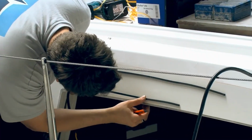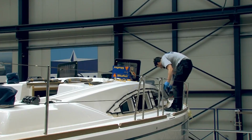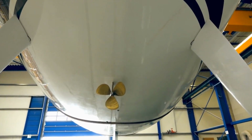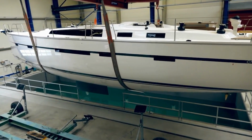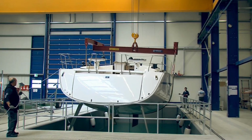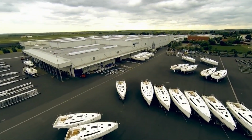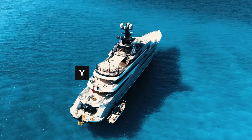The same goes for the plumbing and electrical systems that are then connected across the hull and superstructure. This is also where the bridge of the yacht is installed, and being such an important component, it has to pass the highest level of scrutiny before being checked off. And finally, once all the working systems have been installed, the boat is allowed to gently slip into the water, making it for the first time in its life fully seaworthy. That being said, there's still a couple of things left before it can be delivered to the customer, namely the